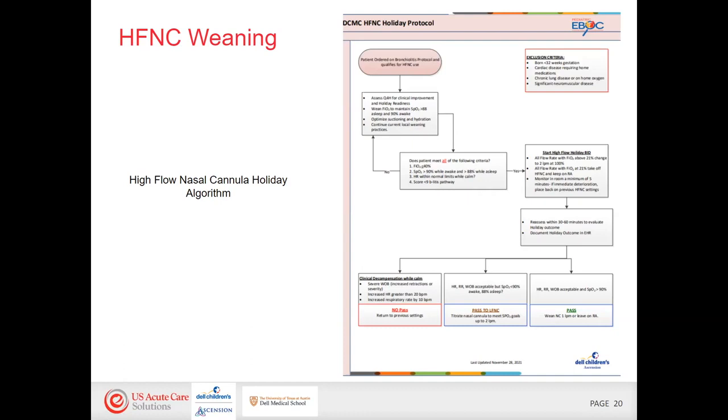And so as long as they're under a certain number on that pathway score, then we would start. If they're not meeting those criteria, we leave them alone. They're still in a higher setting of the bronchiolitis pathway. And so if they do meet the criteria, then we look at whether or not